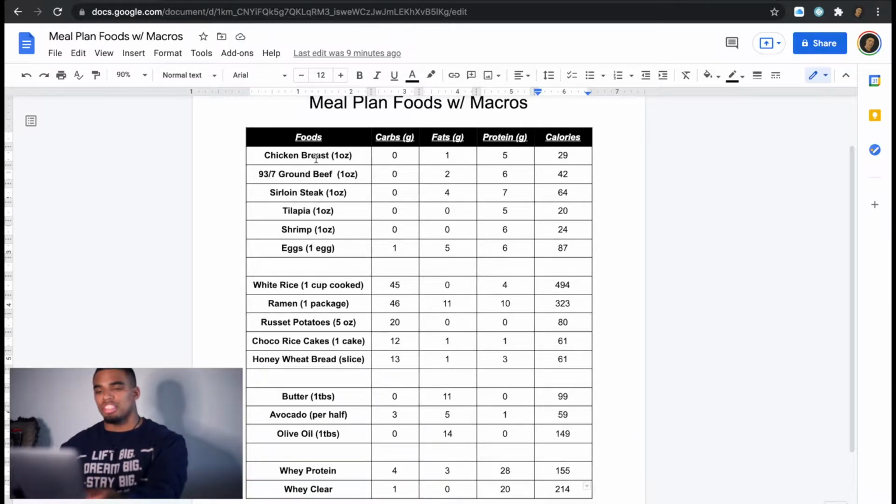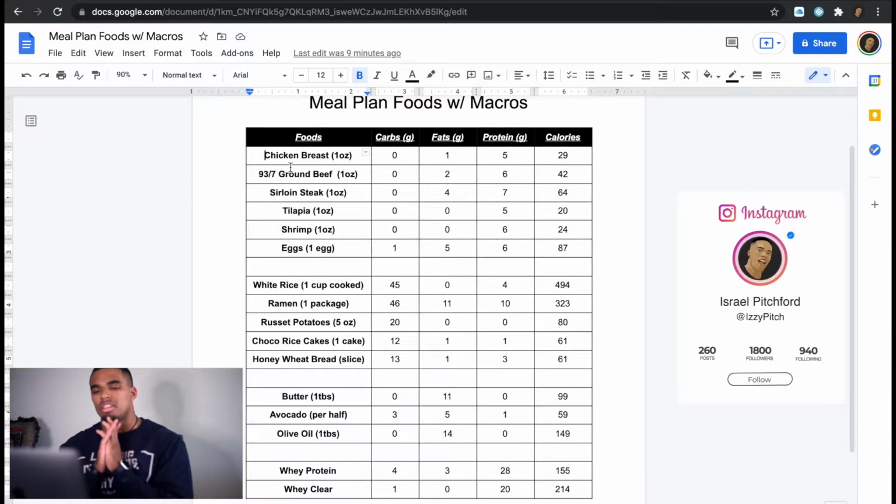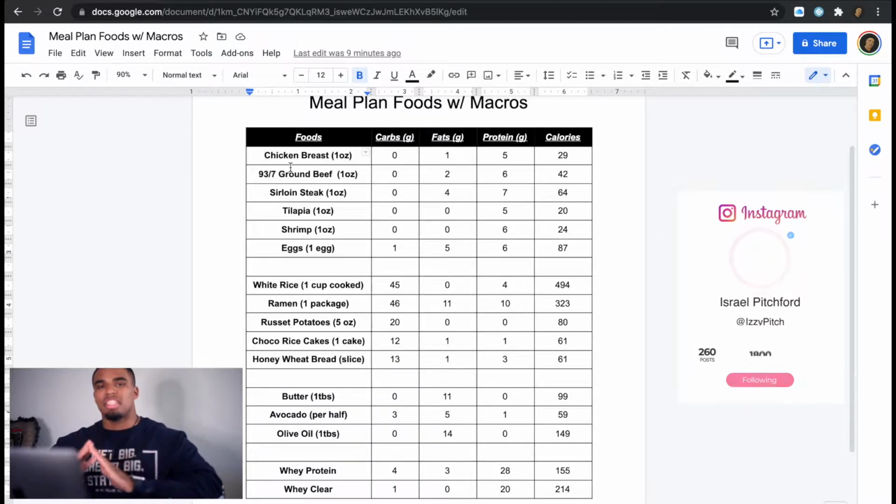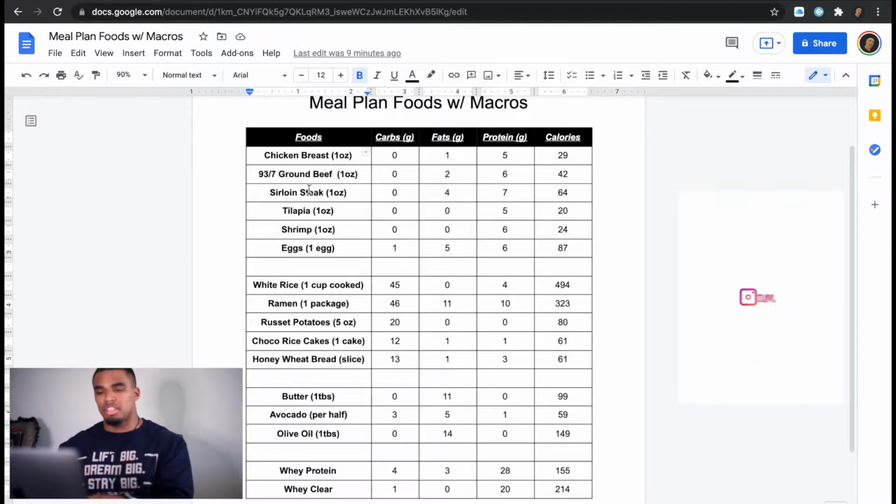So you'll see here, chicken breast, ground beef, sirloin steak, blah blah. I did it by the ounce, as you see here, so that as we go to the meal plan, it'll be easier to pick how many ounces I'm using. You guys will see this in a little bit. First things first, if there's anything on this that you don't like, you don't have to use it. Also, if there's something you like that's not on here, feel free